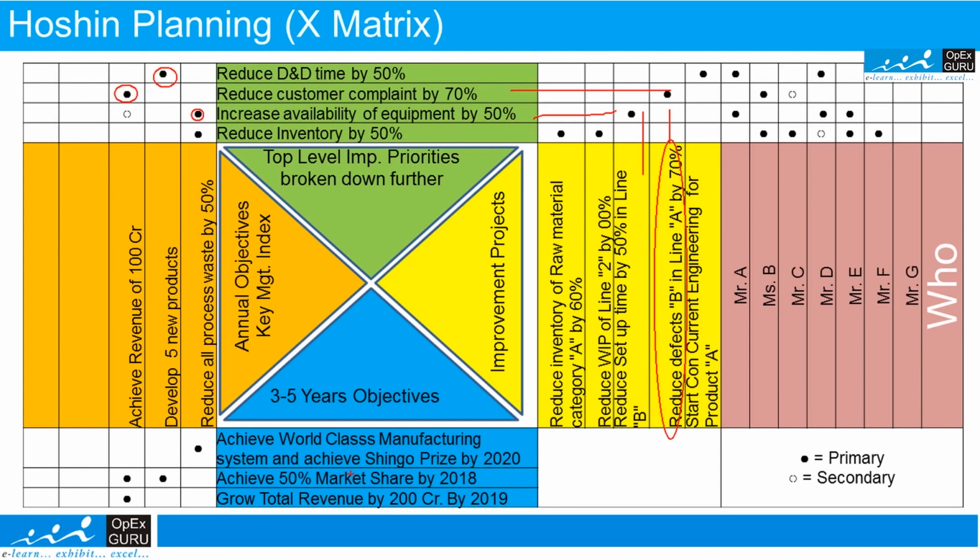So here you can see the annual objective is converted into improvement priorities and manageable improvement projects. In this case, we also identify who will be working on each project, so Mr. A, B, C, like that. This way we can identify how many projects we are going to take, who will take each project, and what is the correlation of these projects with the long-term strategic objectives of the organization. So this is a very good tool to identify Six Sigma projects.